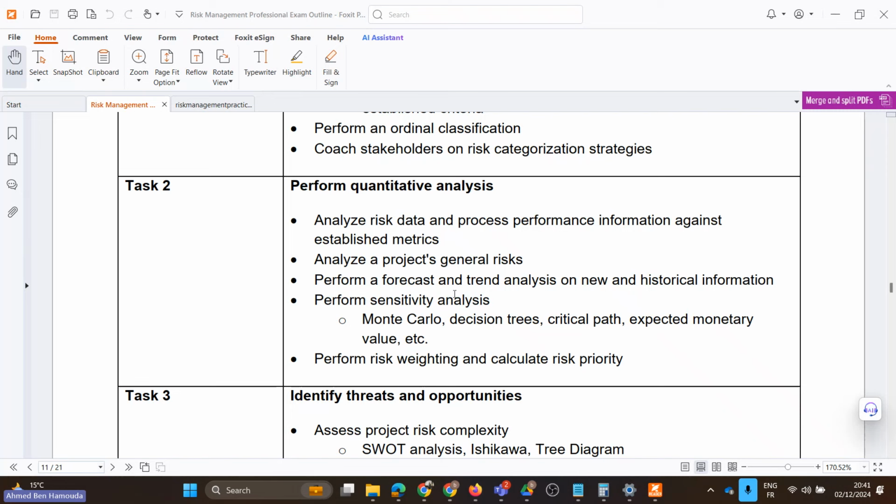There are, I think, usually a handful of questions about the sensitivity analysis, and a little more advanced